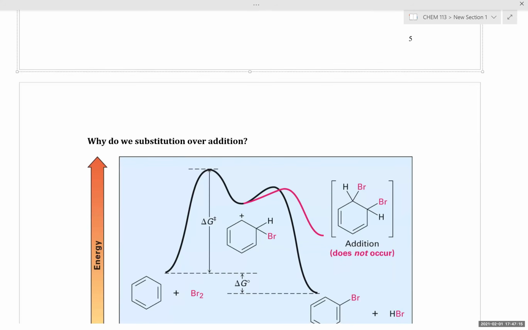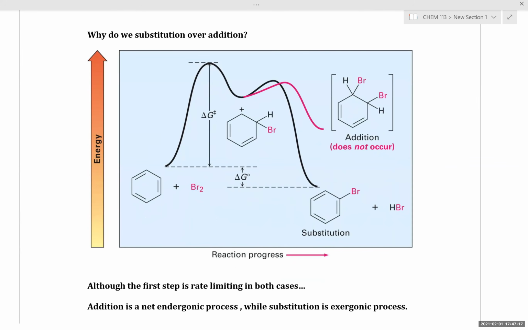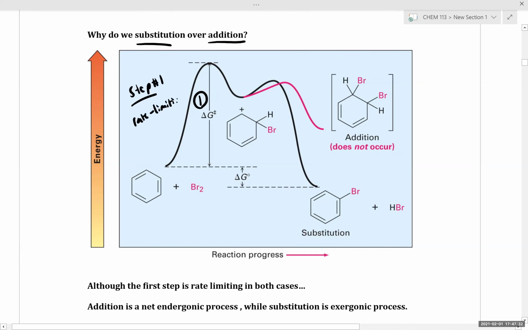So with that, let's look at this diagram and try to answer the question, why do we see substitution over addition? So we have this first step, it has the highest activation energy. So we know that step number 1 is going to be rate limiting. Step 2 is not rate limiting, and we have two choices. We can either funnel to substitution or addition. Now, one thing that I'd like you to note